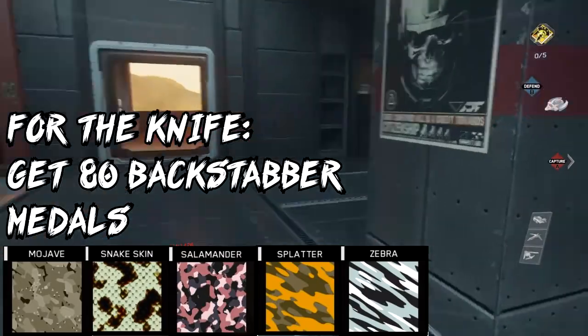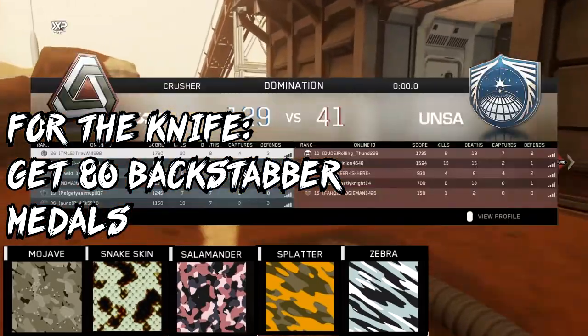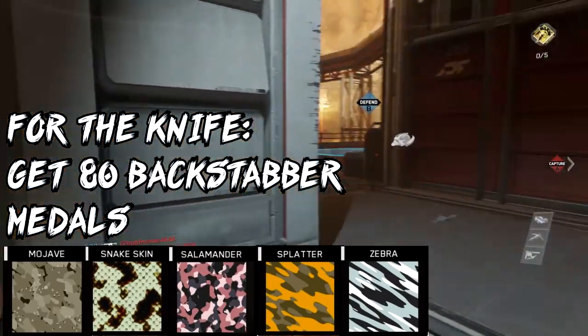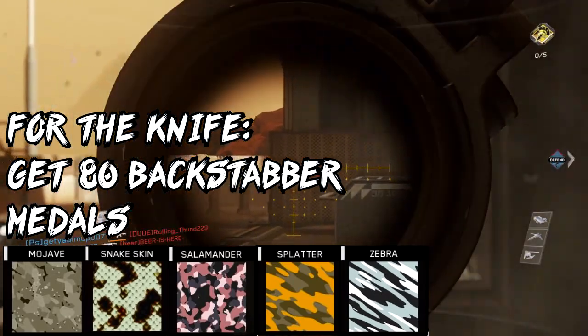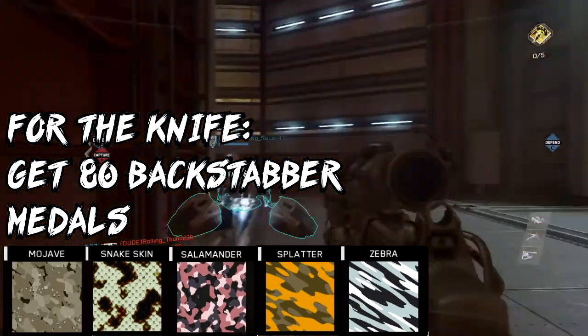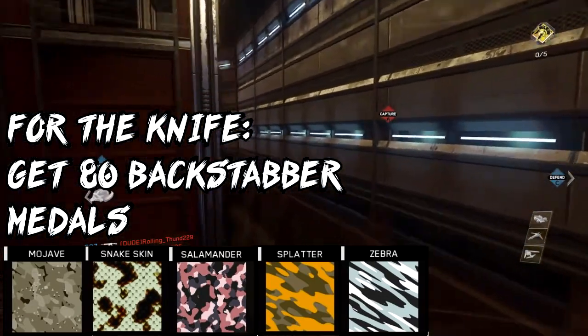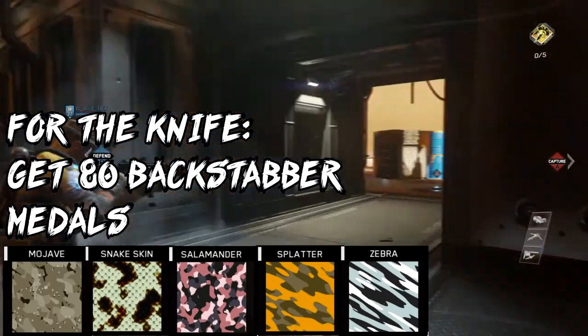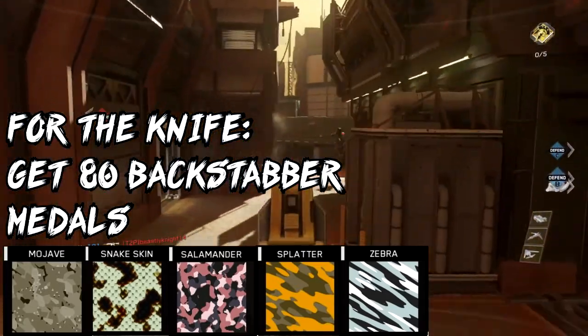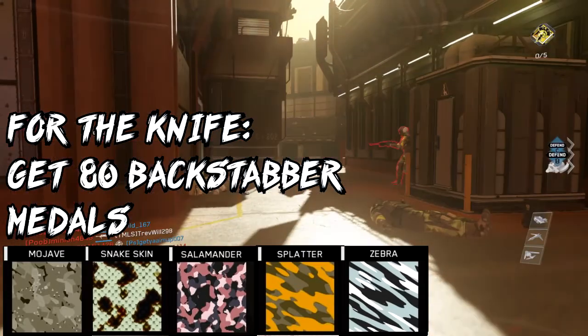And on the knives, you have to get 80 backstabber medals, so that means knifing the enemies in the back. I recommend using the FTL rig and using phase shift for this. In phase shift, the enemy won't be able to see you, so you can just sneak around the enemy and backstab them. Honestly, if you use that rig and use phase shift, the backstabber medal shouldn't be too